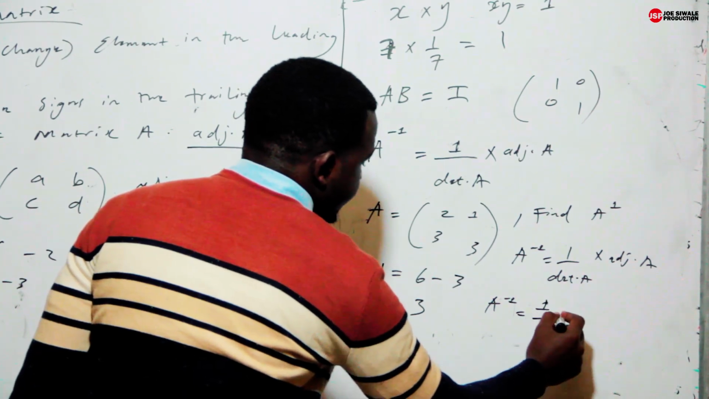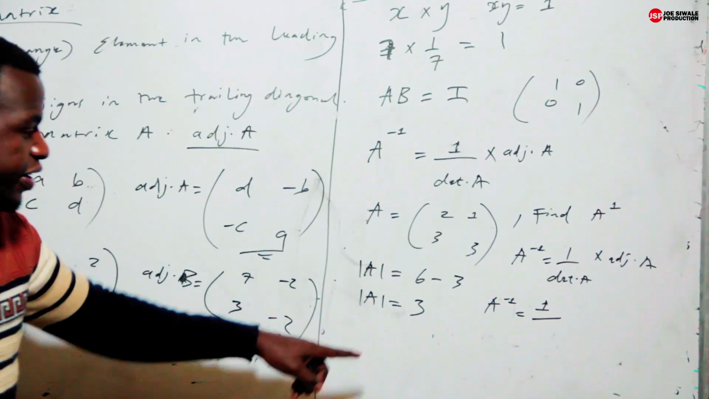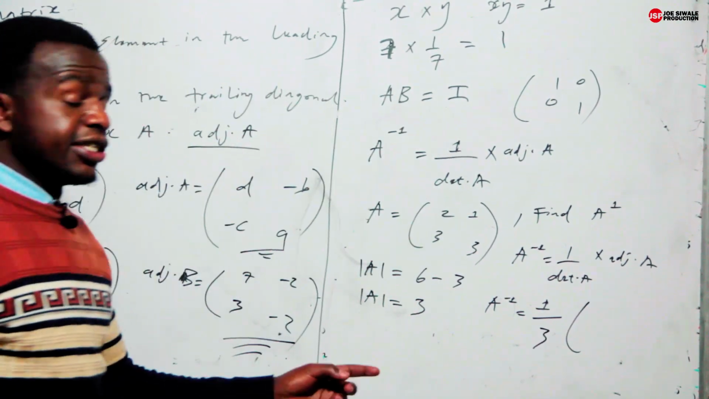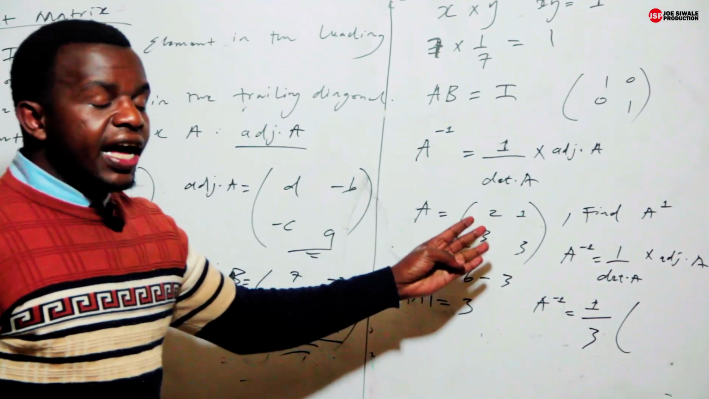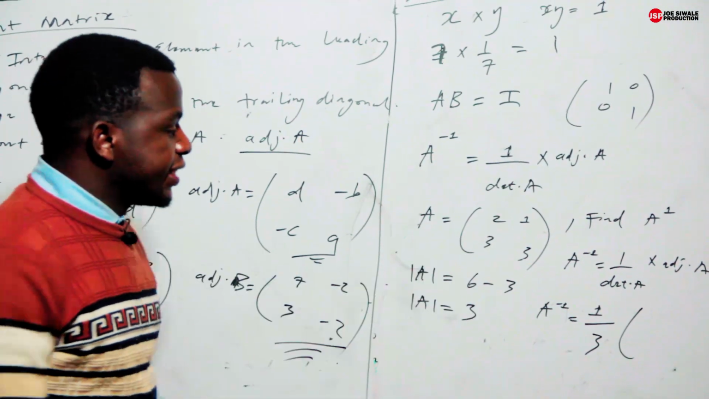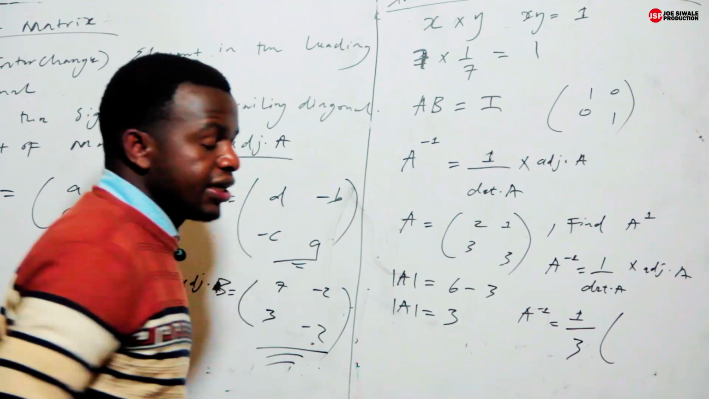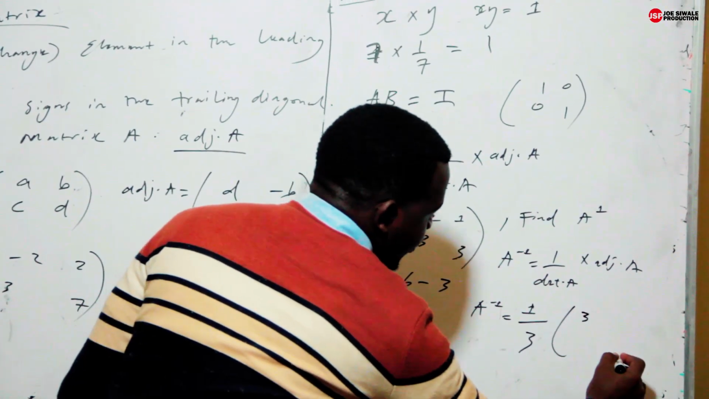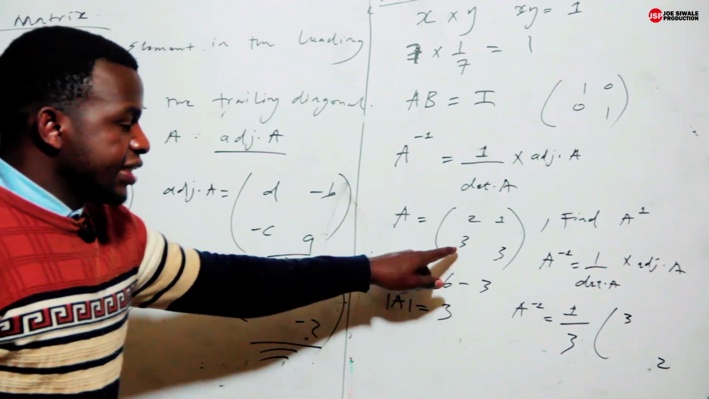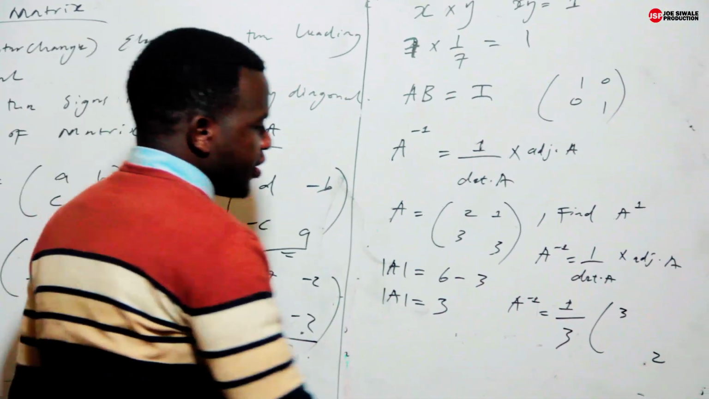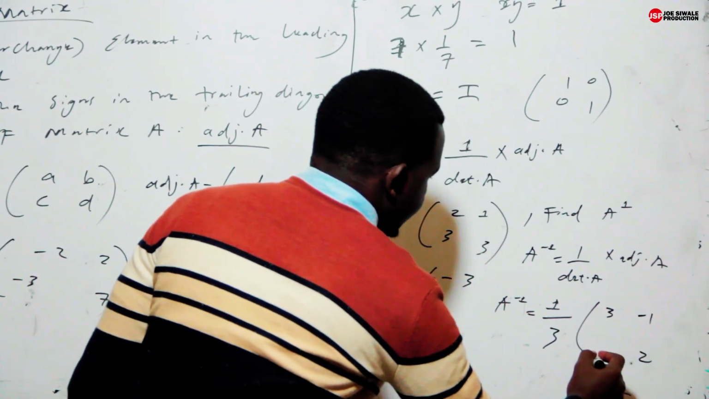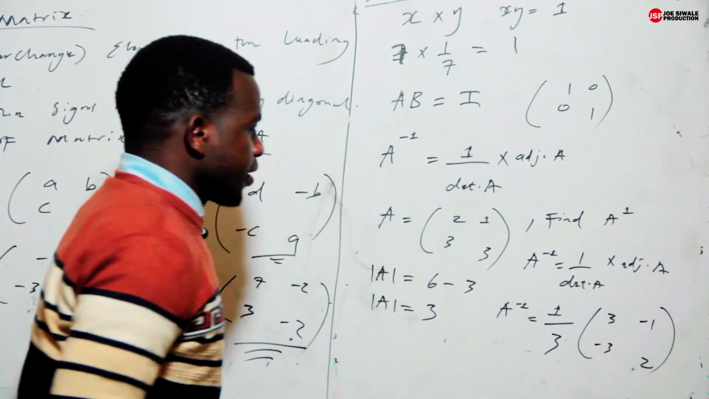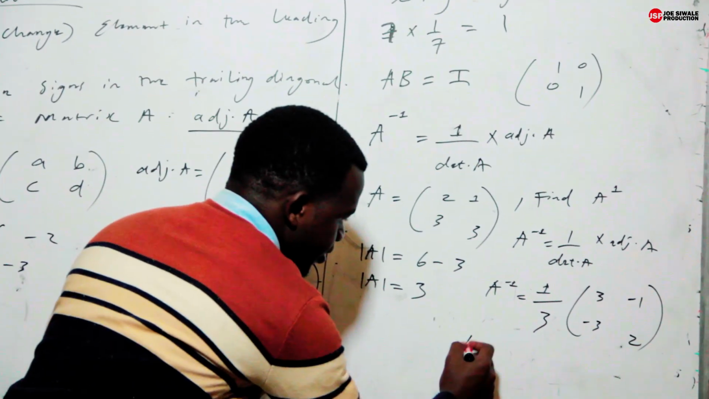So you can say 1 divided by our determinant we have calculated as 3 there, then multiplied by the adjoint. So we said you can find the adjoint of any matrix by changing the elements in the leading diagonal. So we are going to have a 3 here, and we're going to have a 2. Then we're going to change the signs in the trailing diagonal. So we're going to have -1 there, and we're going to have -3. So finding our answer there,